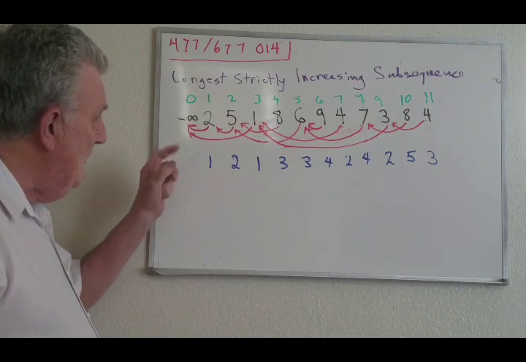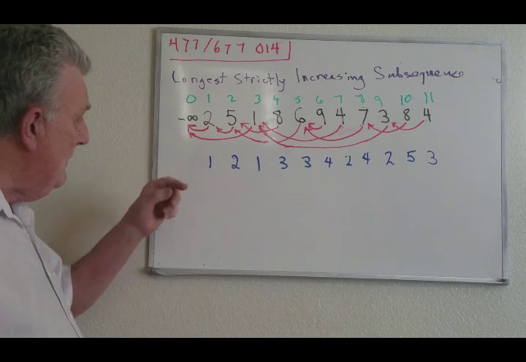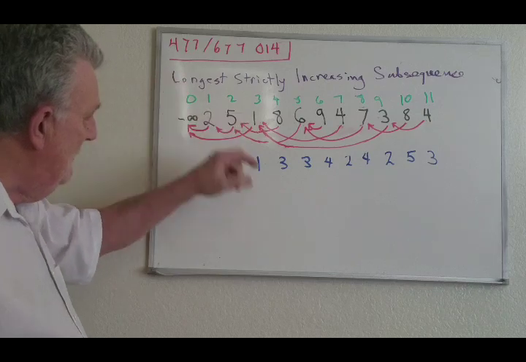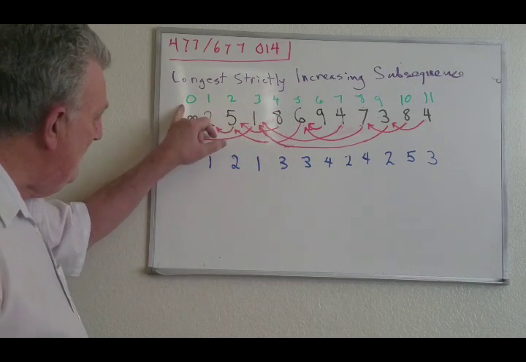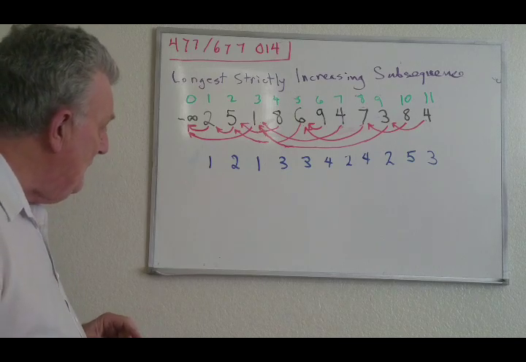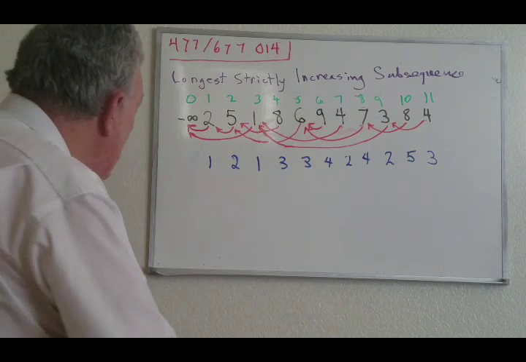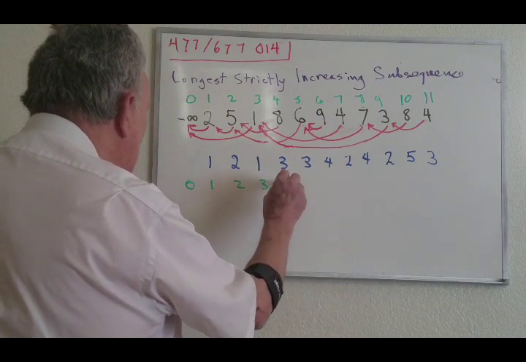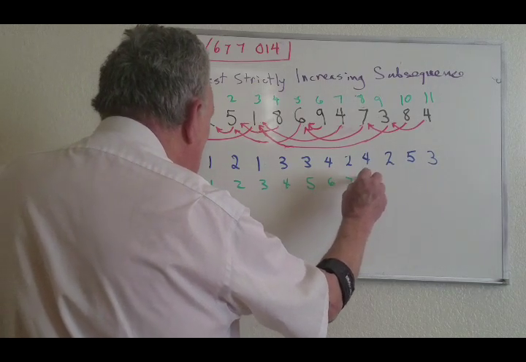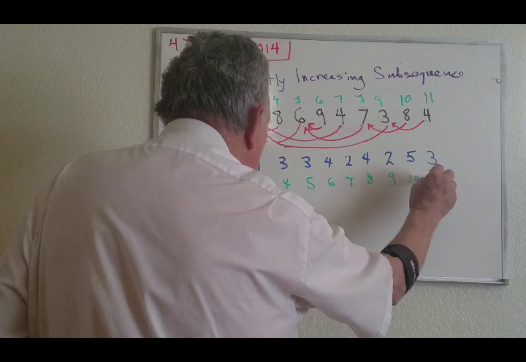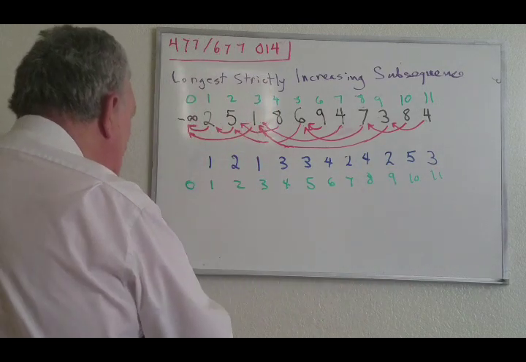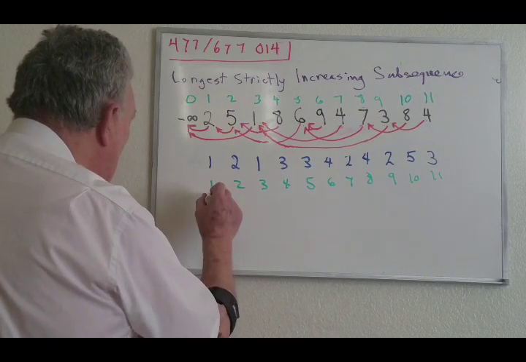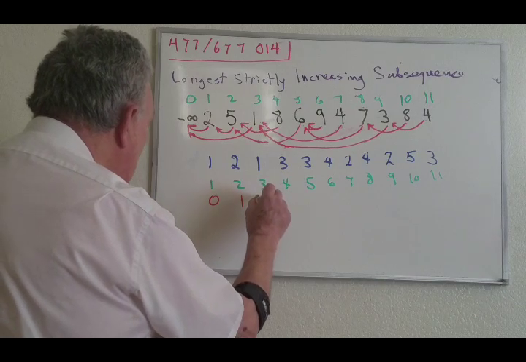But we want every entry to have a back pointer. So the back pointer of 1 will be 0, the back pointer of 2 will be 1, the back pointer of 3 will be 0. Notice I'm defining the back pointers in terms of the indices rather than the values. So for example, for the back pointers array, the numbers I put in here would be 0, 1, 0,